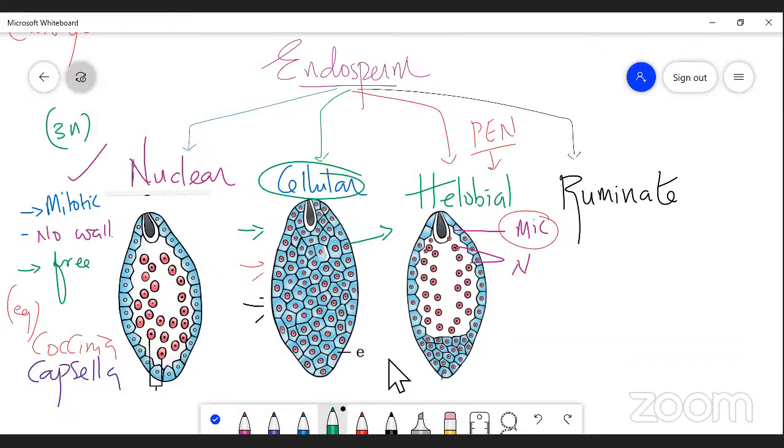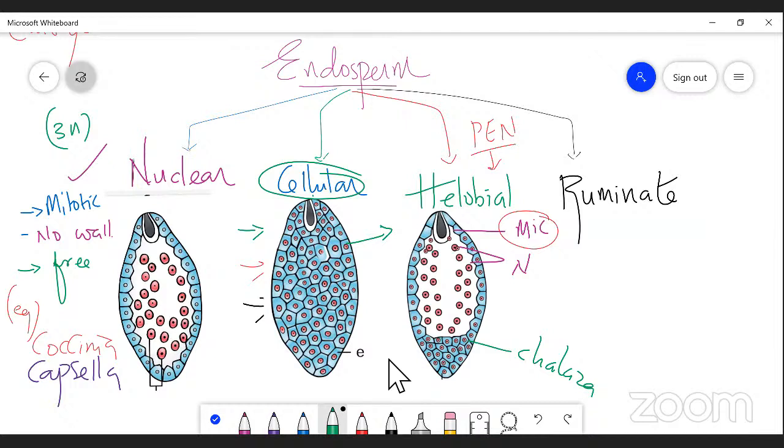So here in the upper region, you can find simply nuclear divisions only, without wall formation. Whereas in the chalazal region, the primary endosperm nucleus divides mitotically to form a number of cells with cell wall formation. So here is the major difference in a helobial endosperm: the micropylar region does not form any wall